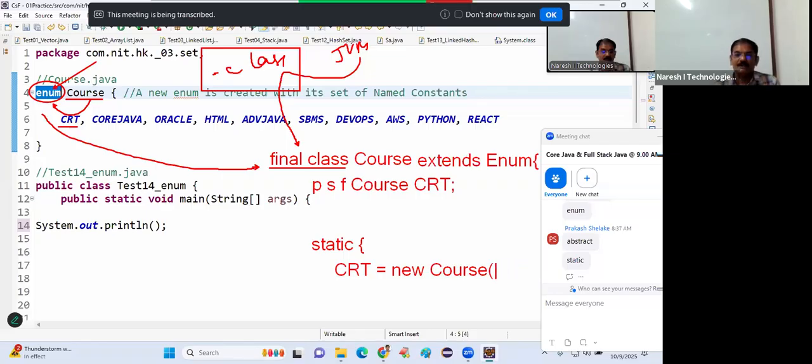Okay, CRT = new Course of what will it pass? Double quotes CRT. And tell me now, the named constant is a variable and also a value. Repeating again, CRT, the named constant is acting as two things. Number one, as a variable, and as a value. So CRT = new Course("CRT"),